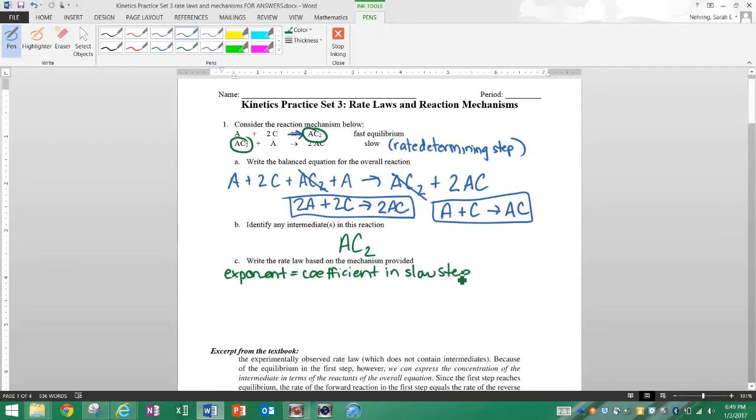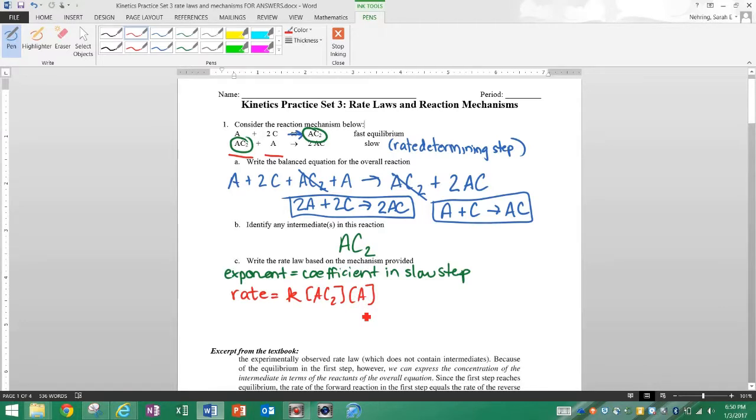So our rate law is going to match our slow step of the reaction, not necessarily the overall reaction. So I'm going to look at the slow step of this reaction, and in my slow step I have 1 molecule of AC2 and 1 molecule of A. So I'm going to say my rate is going to be k times AC2 times A,